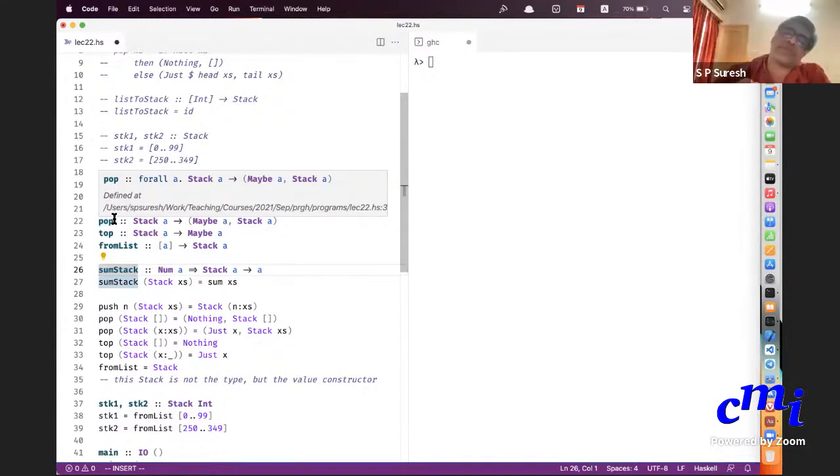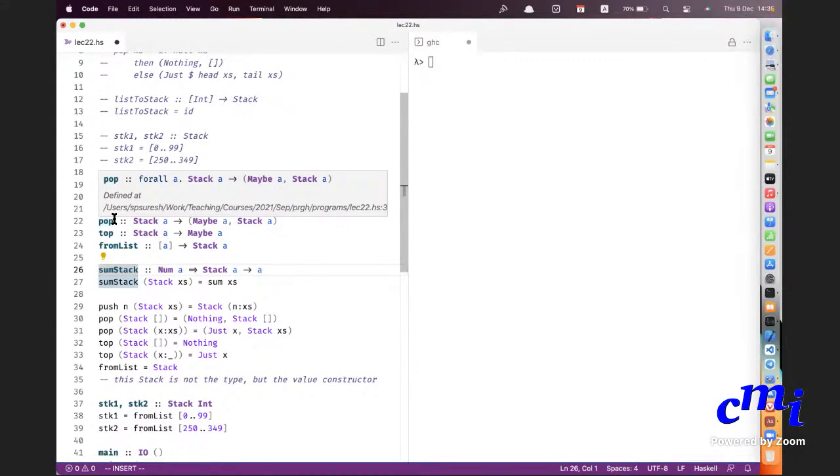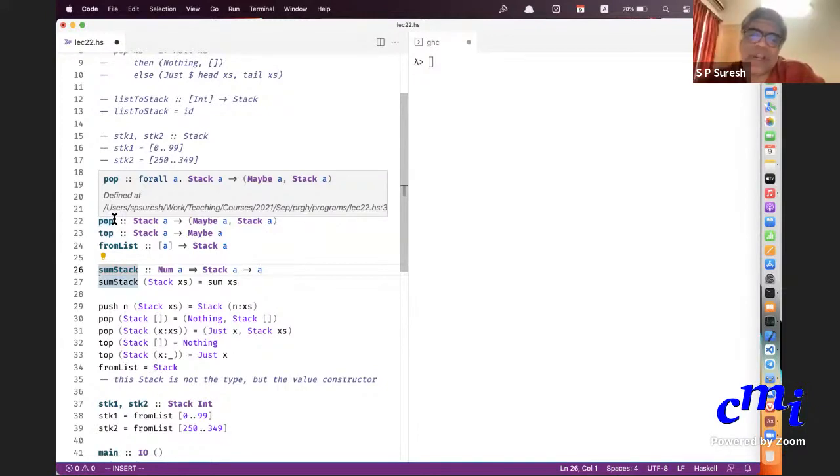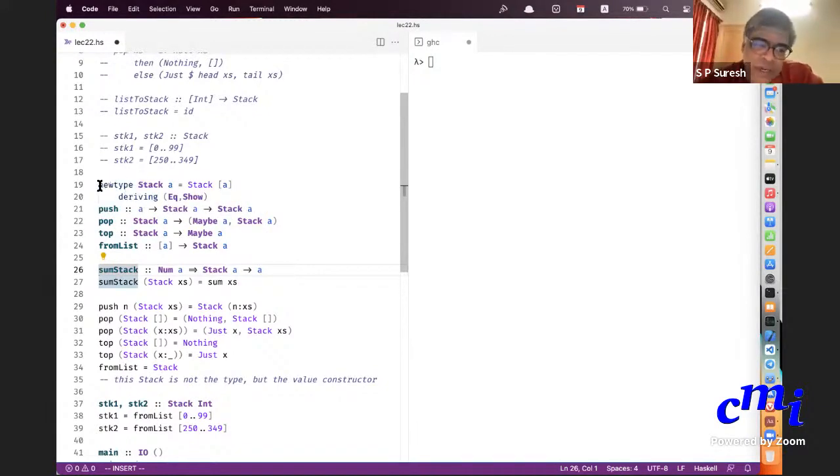This is a good question because in earlier versions, several years ago when I learned Haskell, you needed to put constraints here, like Eq A implies newtype Stack A equals Stack. I think even now it allows you to do that, or maybe it won't. No, it doesn't allow you to do that.